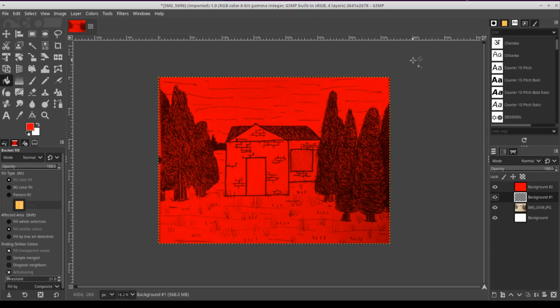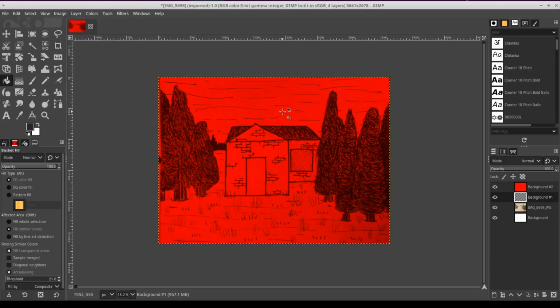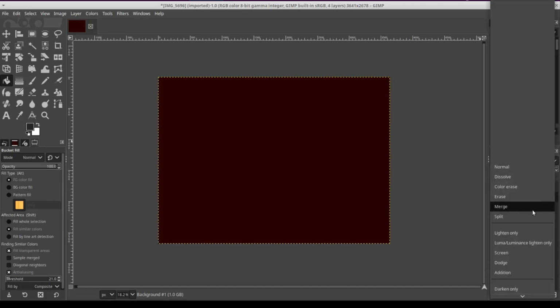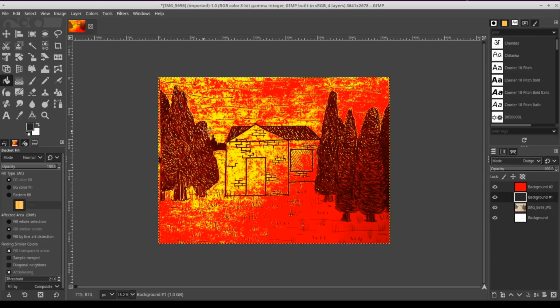Now we're going to go to this empty layer here, and what you're going to do is you're going to fill the layer with a dark color, like a dark gray. It's got to be gray. Don't do like dark purple. And then change the blending mode to dodge, and you can see it looks terrible right now.